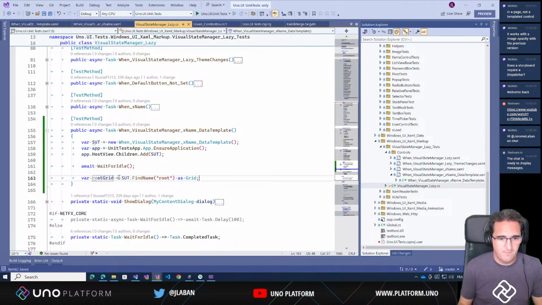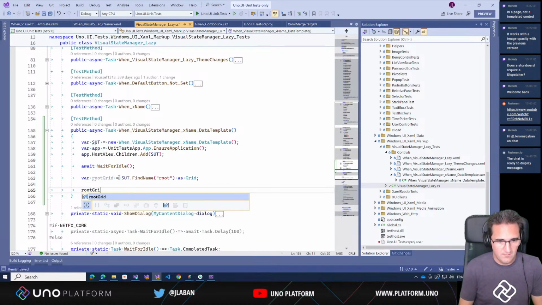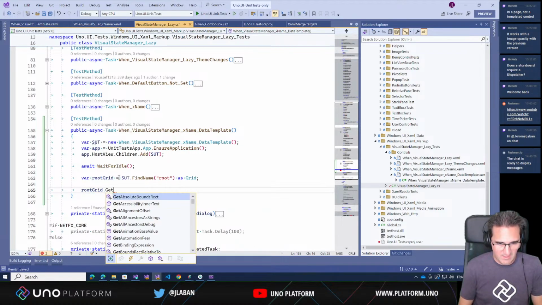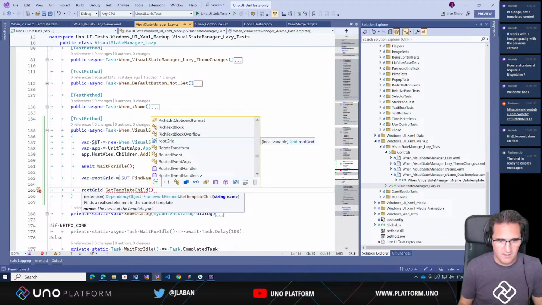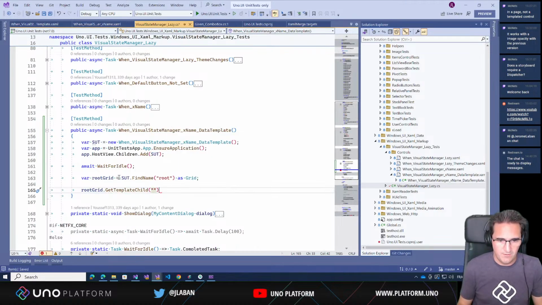And then from there, we're going to do a get template child. And the get template child will do